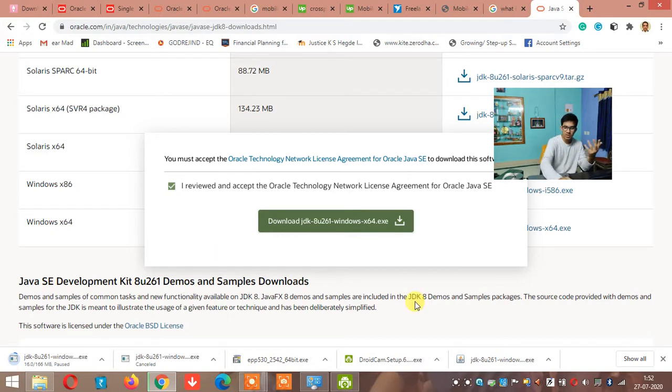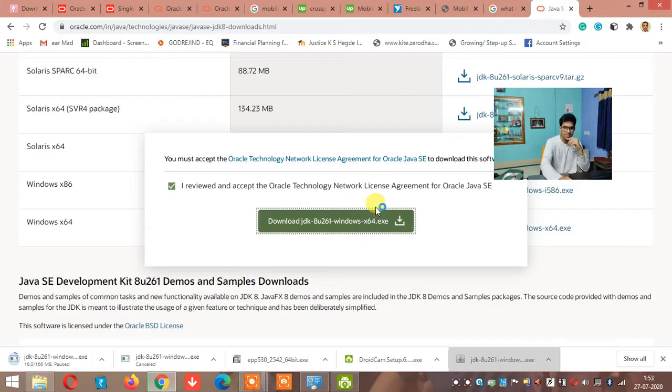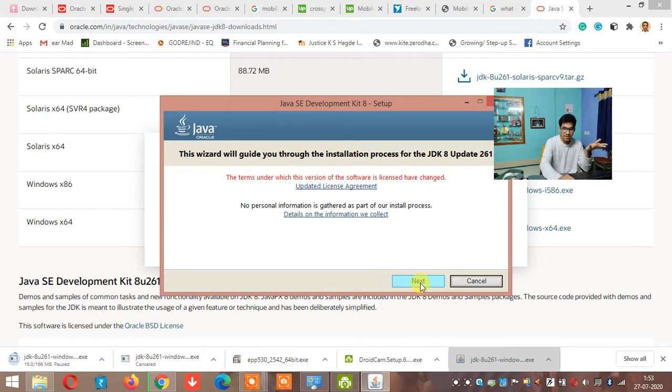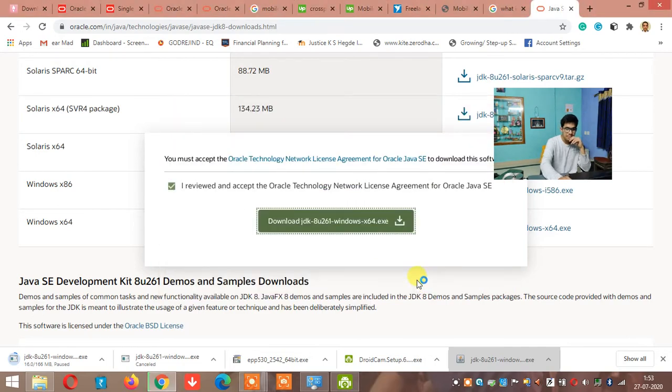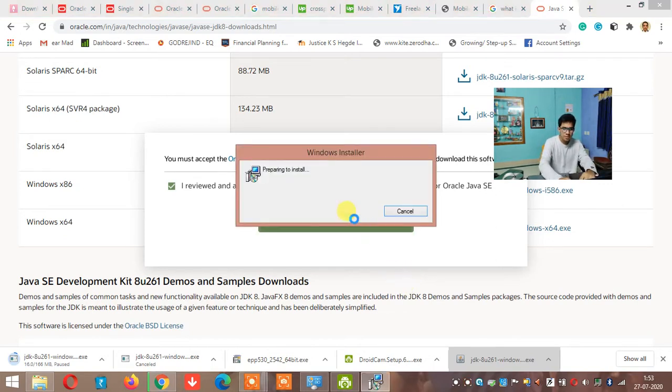Now after downloading, the file will look like this. I'll be opening the JDK file. It's the normal procedure, nothing else, just click next, next, next. Here I'll click next. It is preparing to install, and it will take a lot of time.